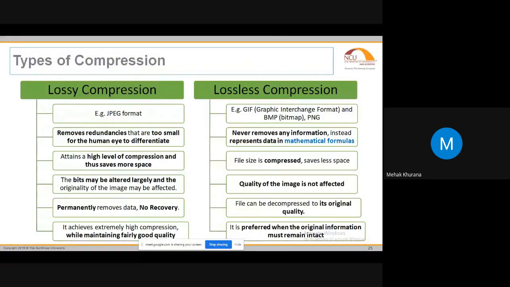So what is happening is that when we are transferring the image file, we have to compress the image, or compress the data, in such a form that we can transfer it without any loss of information, or with high speed, or with less delay in data. There are two types of compression: one is lossy compression, and another is lossless compression. In lossy compression, we have a format called JPEG, and in lossless we have GIF, BMP, PNG.